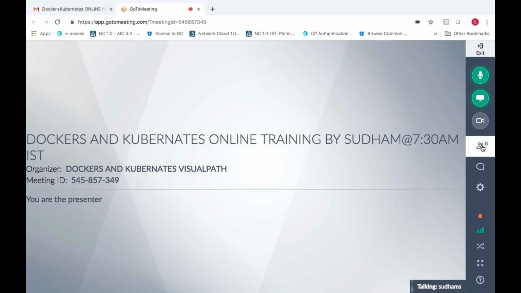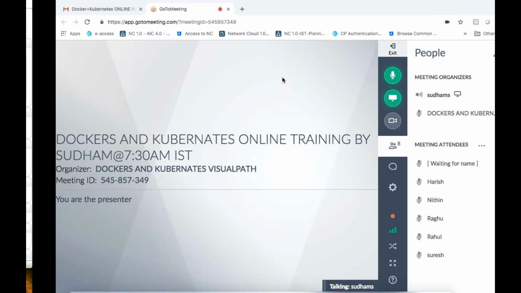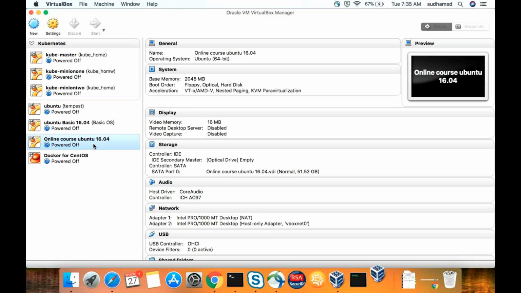Okay, good morning everyone. So let's get started with the core topic where we stopped. I'm starting my Ubuntu machine. We have seen the installation process of the Docker engine, which is also called Docker.